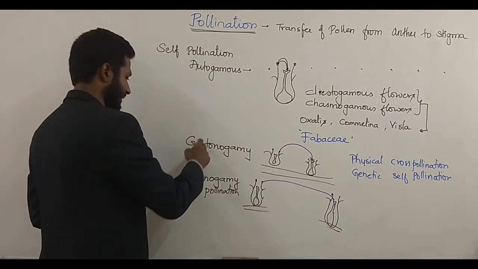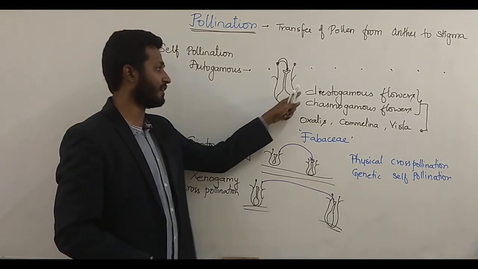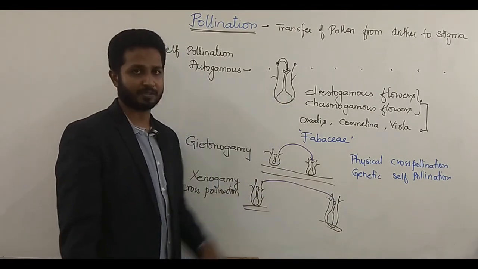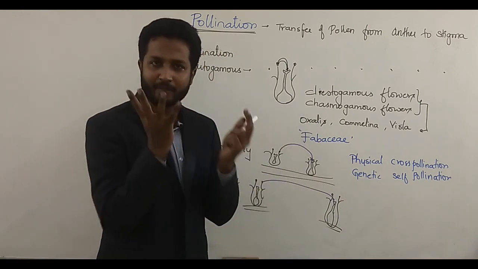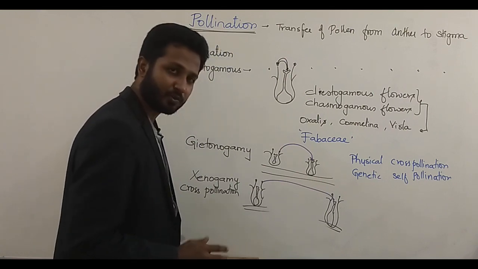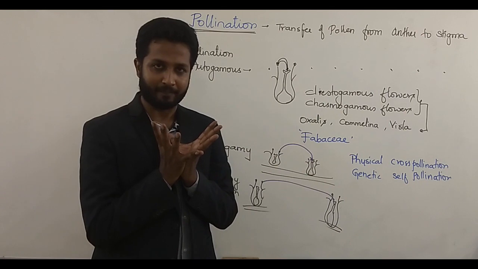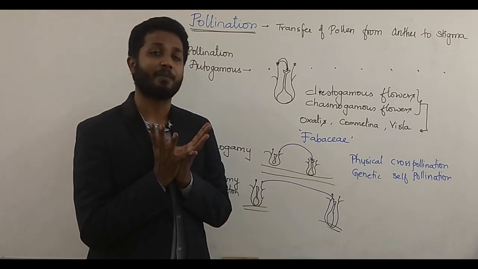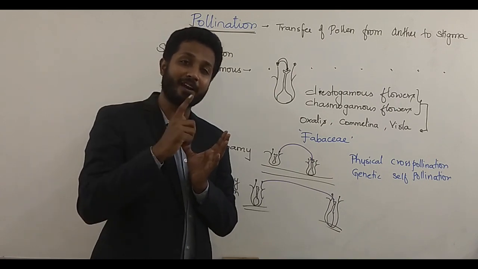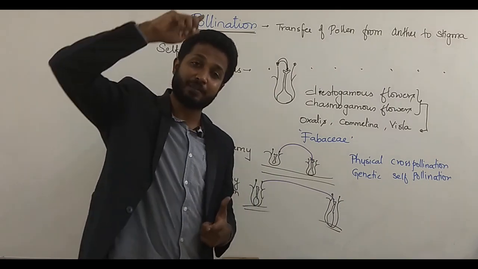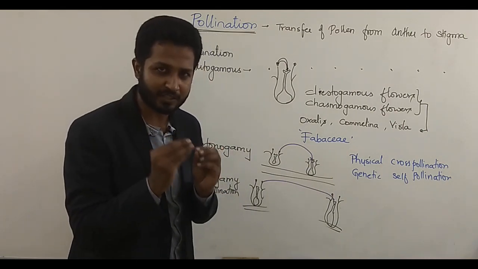This question can be asked for 3 marks, or autogamous alone can be asked for 3 marks because you have to explain cleistogamous and chasmogamous. Now one neat question over here is, see, chasmogamous is blooming up after pollination. Usually it is opening up after pollination. Once the flower opens up, there are chances that the pollen grain of some other plant can fall onto this, and that pollen grain will germinate faster than the previous pollen grain which is already entering into the stigma. Hopefully you understood this point.